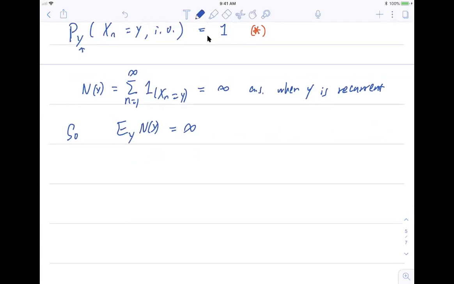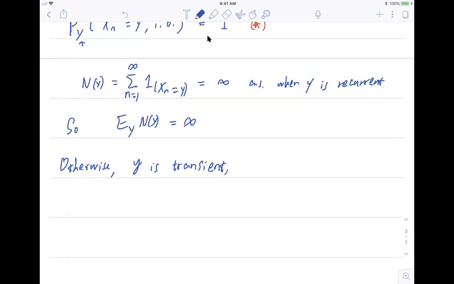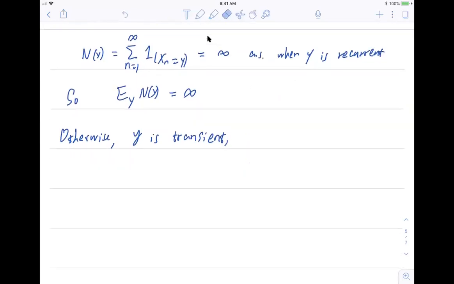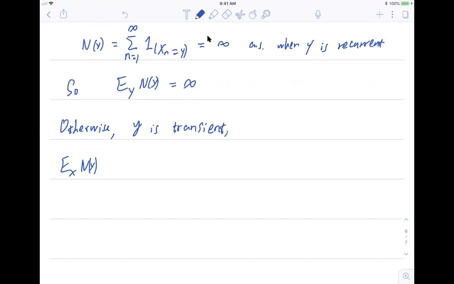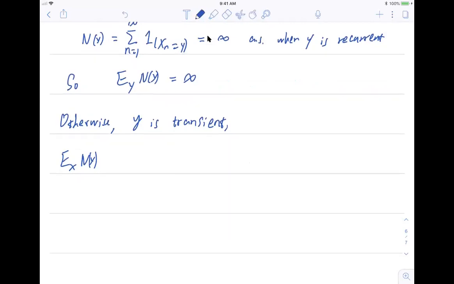Okay, so otherwise, let's say y is transient. Let's compute. If y is transient, starting from x, we compute the expectation of the number of visits to y. So this is just E_x of